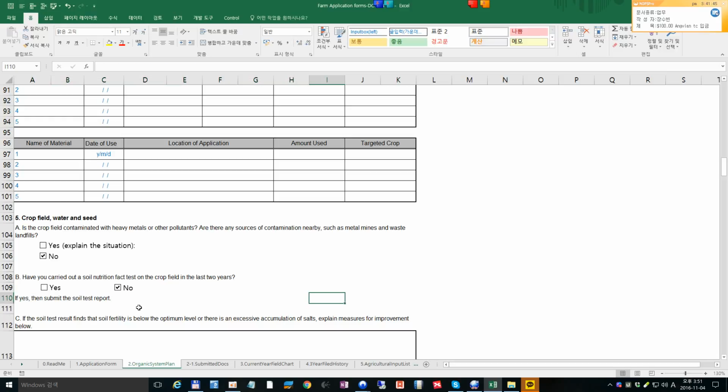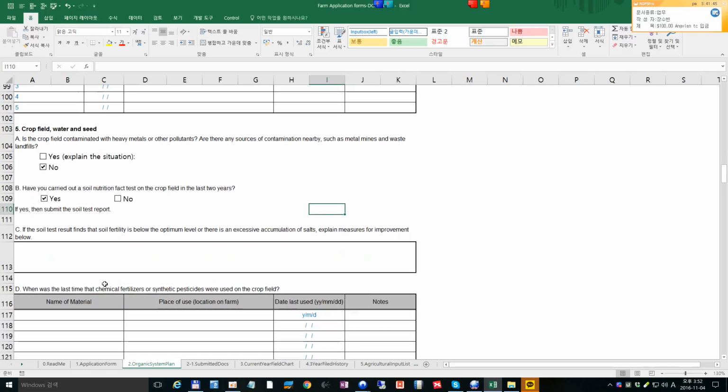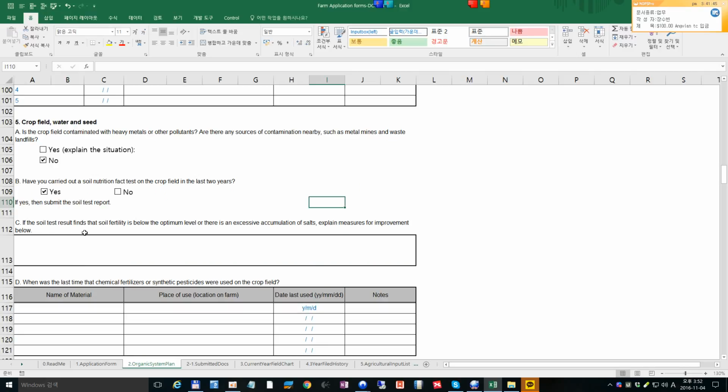You have to give some answers here, and this is very critical. We will not be able to issue a certificate because of this. So remember it should be checked yes. If you don't have any test result, if the testing has not been done for the past 2 years, you have to take a sample and send it to the laboratory to get the soil nutrient analysis. This is very important. If the soil test result finds that the soil fertility is below the optimal level or something like that,